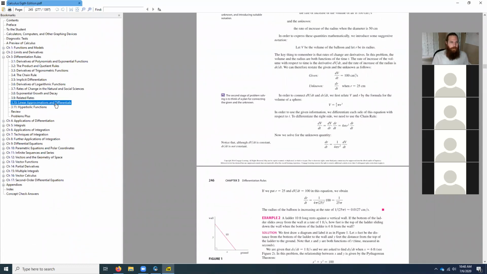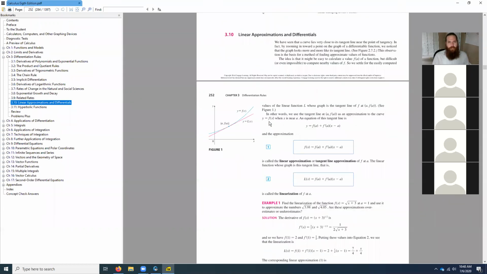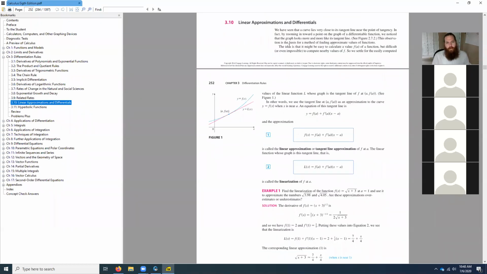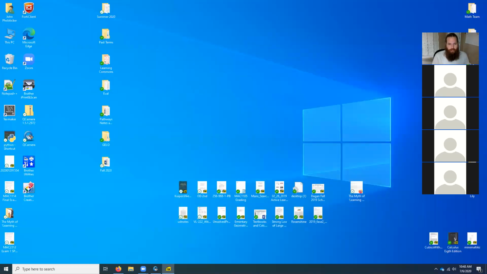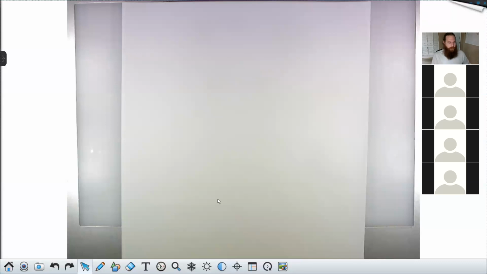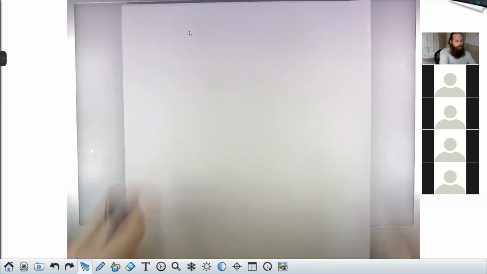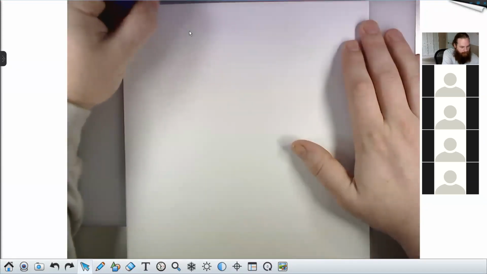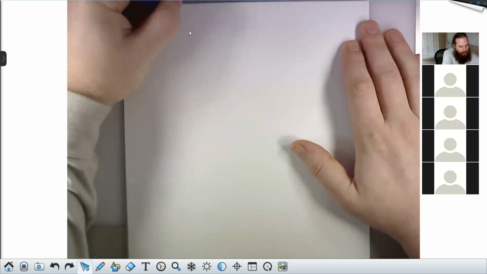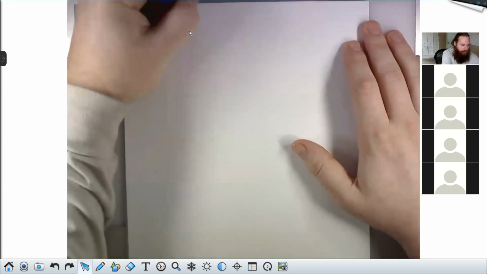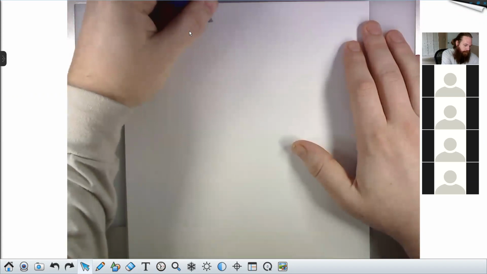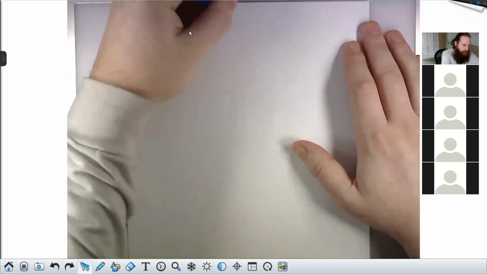But we need to start talking about this stuff, linear approximation. Like related rates, this tends to be one of those things that folks have a bit of a hard time with. So I'm going to introduce it as gently as I can. But there will be a new homework this week, and the homework will have some linear approximation and some min-max problems on it. So section 3.10 on linear approximation.